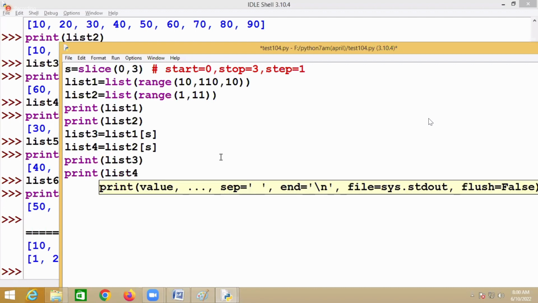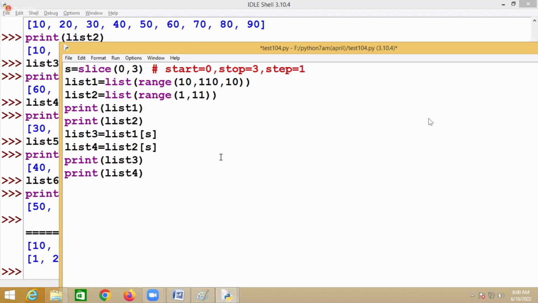And this is list 4. So what does list 3 contain? The values from 0, 1, 2. And what does list 4 contain? The values from 0, 1, 2. Now this is from list 1 and this is from list 2. So it means instead of giving the start, stop, step,